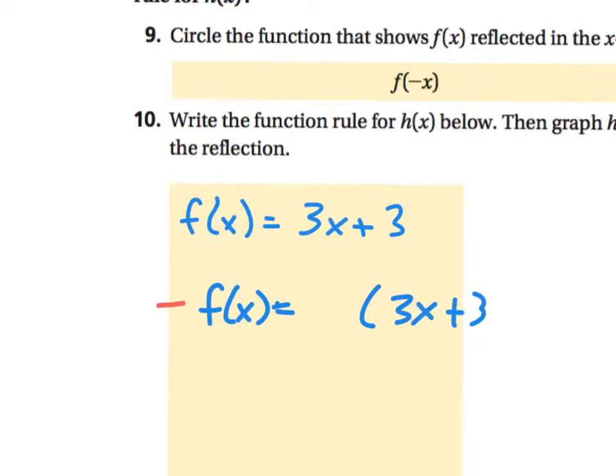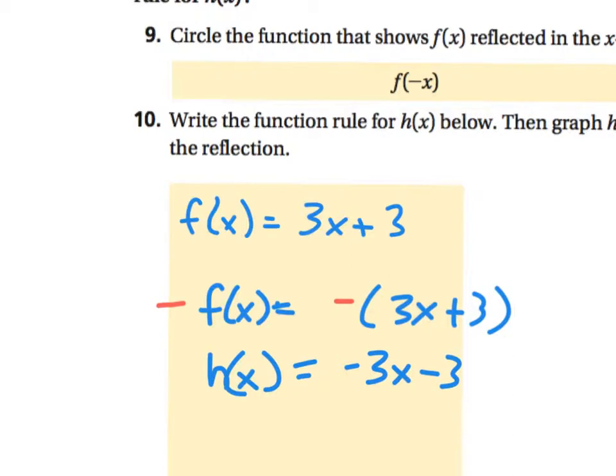Notice I'm going to group the whole thing and put the negative in the front. So what do I do with that negative on the right side? I just distribute it. Now we already know that this right here is called h of x, so I'm going to change that. Instead of calling it the opposite of f of x, I'm just going to call it h of x. And now I can distribute,